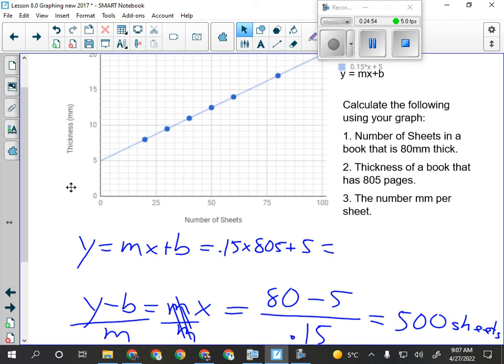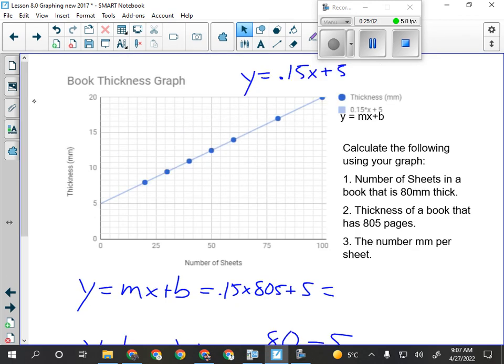All right, and then question number 3 says the number of millimeters per sheet. Okay, so which part of my equation is going to tell me millimeters per sheet? No, y is going to tell me thickness. Okay, thickness is on the y, number of sheets is on the x. Okay, so I've taken care of y and x. Okay, b is also a thickness because it's a y value. So we're left with